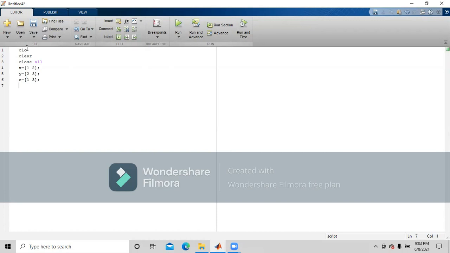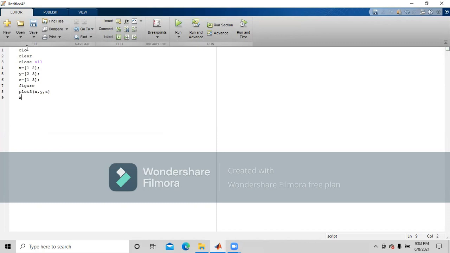Okay, next is for plotting this plot. We have also seen in 2D plot that we have to write the figure statement, then plot3 x comma y comma z.